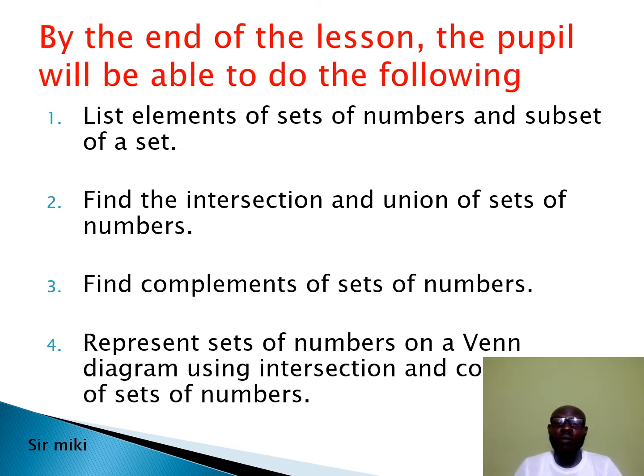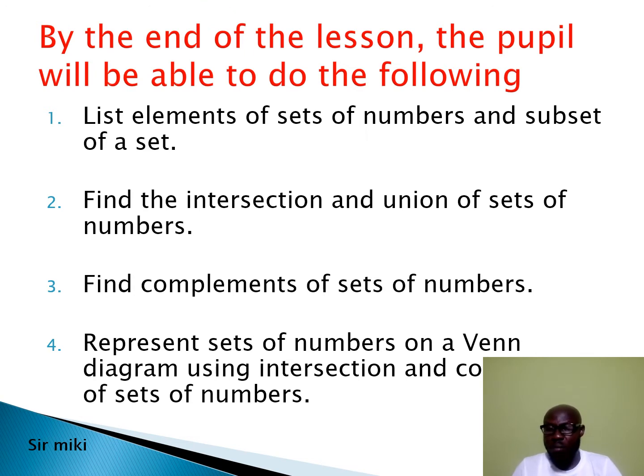We should be able to come up with the intersection and union of set of numbers. 3. We should be able to find the complement of set of numbers. And lastly, we should be able to represent set of numbers on a Venn diagram using the intersection and complement